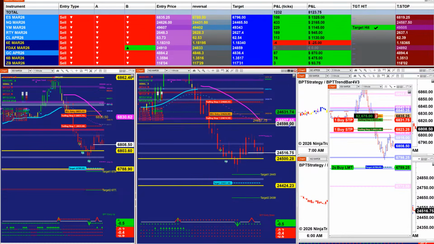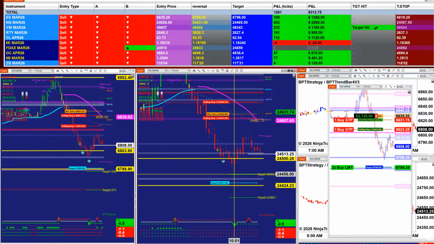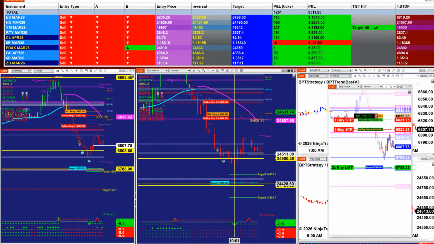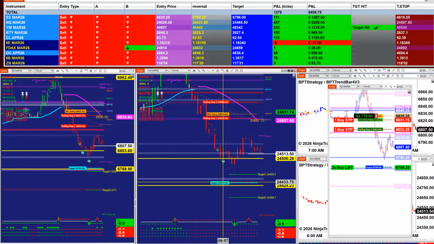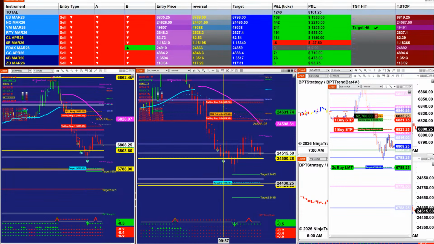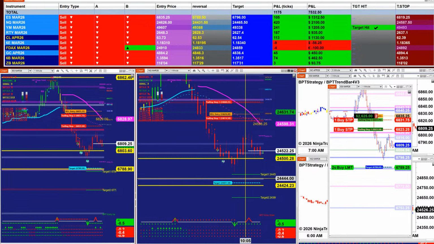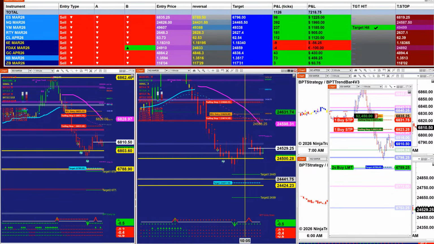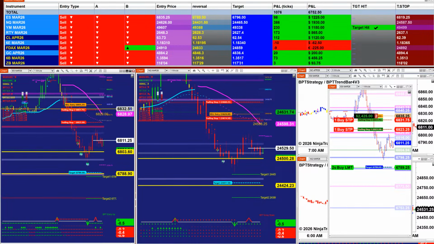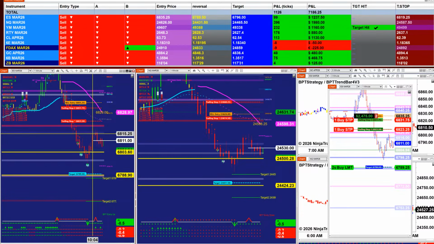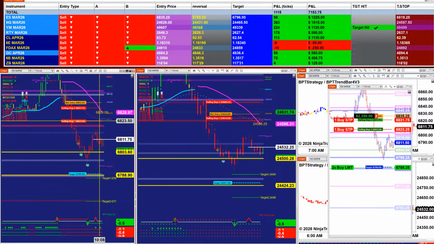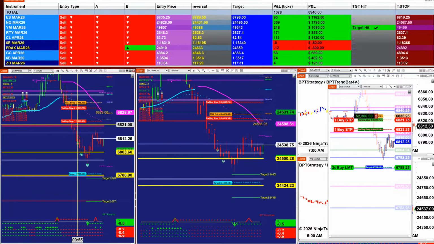You have the institutional number at 24,456, followed by support, followed by the target from the market analyzer. When you hit the target, that means reversal too. So you have three indications that the market maximum is going to hit 24,441. On the ES, you have a double resistance, and then you have the fibs from the market analyzer,